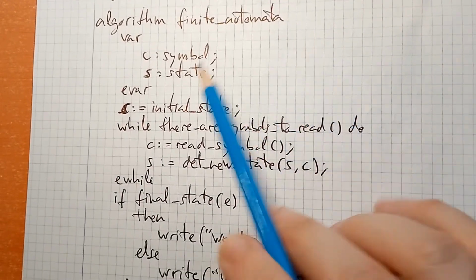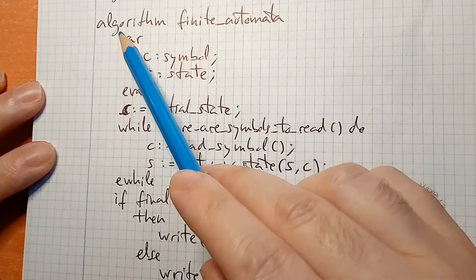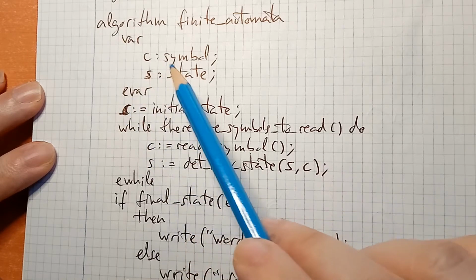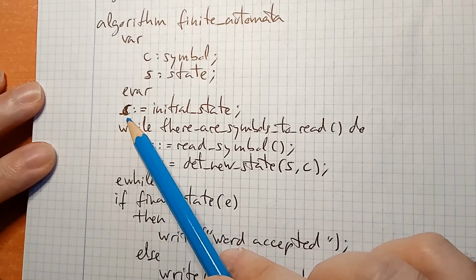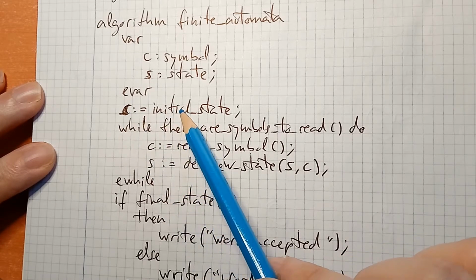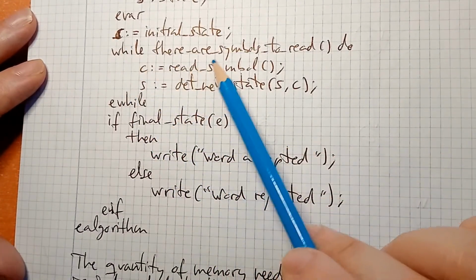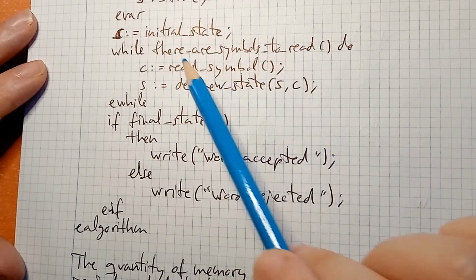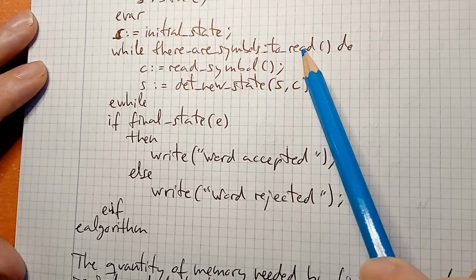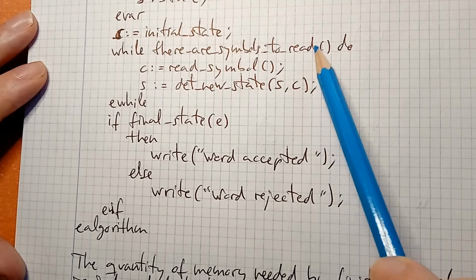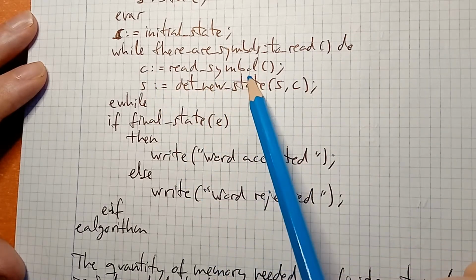For example, we have the algorithm called finite automata. This is the variable declaration: C as a symbol, S as state, and S is the initial state. So we loop while there are symbols to read, while we haven't arrived to the final state. Do C read the symbol,